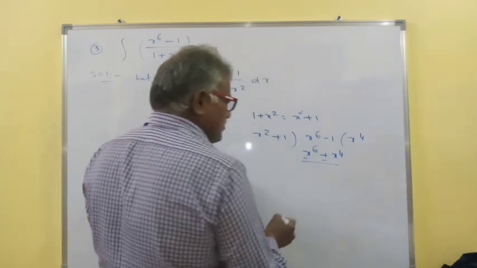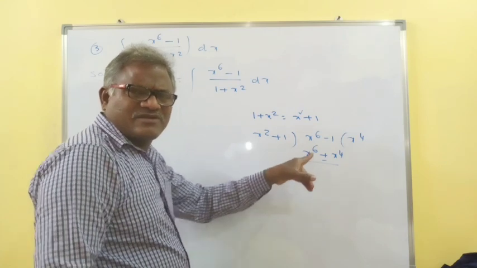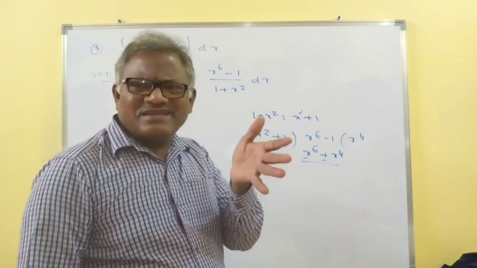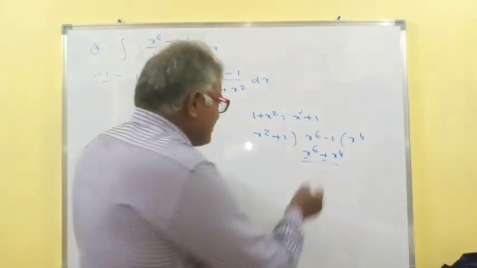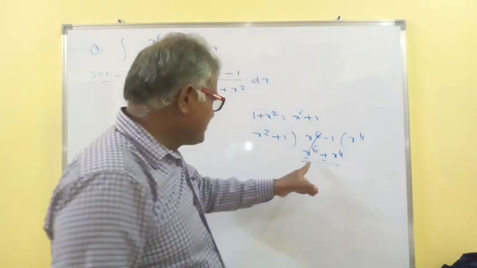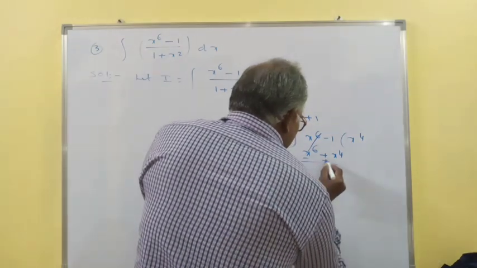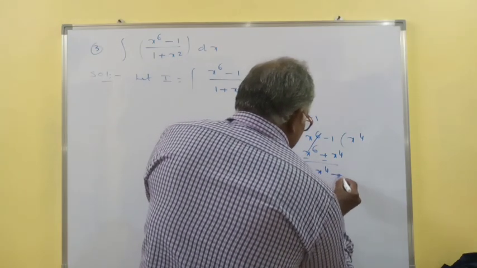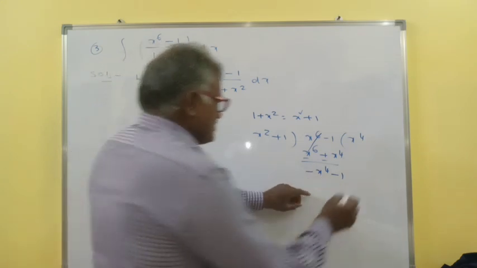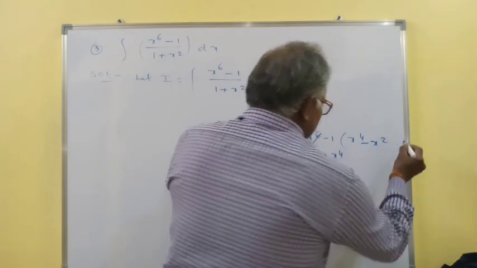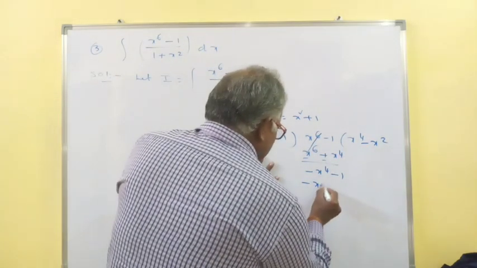So change the signs because we have to subtract. To cancel these two terms, what you have to do simply? You have to cancel. To obtain this value, just simply you have to cancel. So that's why you have to change the signs. Okay. So here minus x power 4 and minus 1. Same. Here x square is there and here minus x power 4 is there. What you have to do? Simply minus x square. So minus x square is x square minus x power 4.